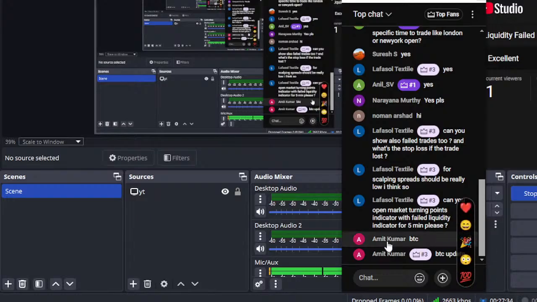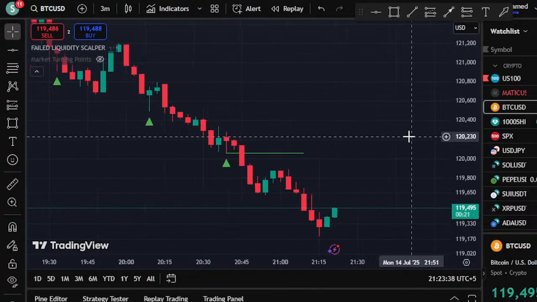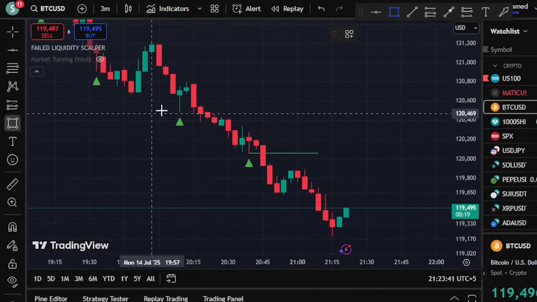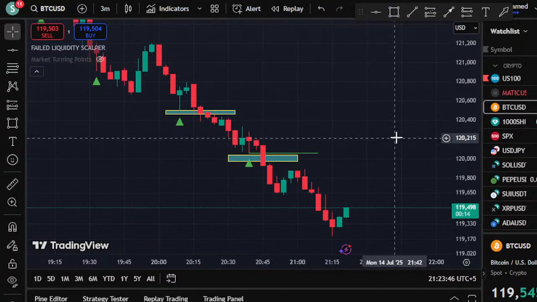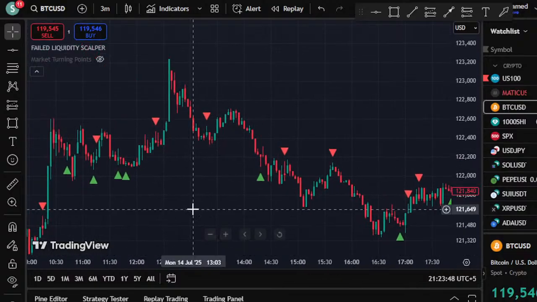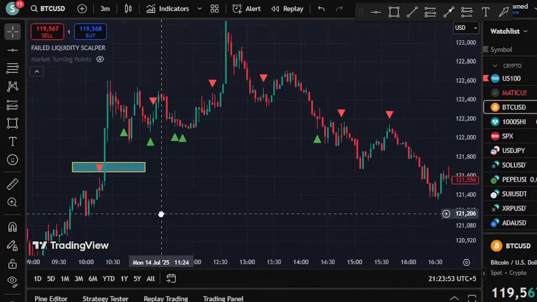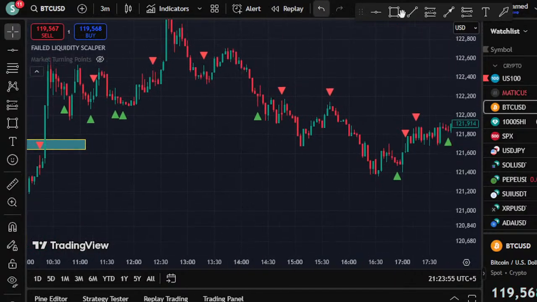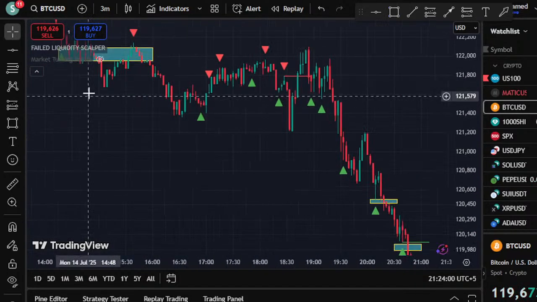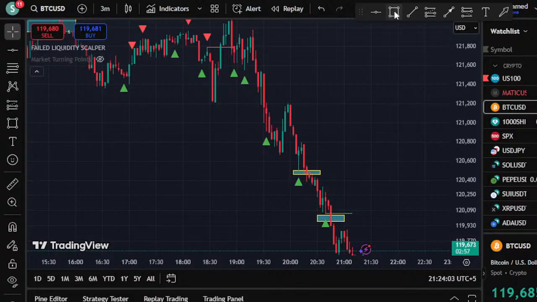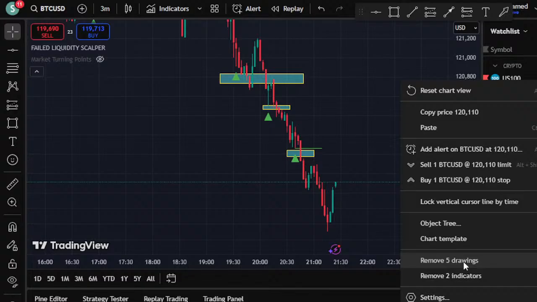Okay, Bitcoin update. I have already given that Bitcoin was dropping, and my indicator has given you the signal. This is the bearish signal. This is another bearish signal on 3 minute, and when it was going high, then my indicator also plotted that. If you go here, you can see it was the buy signal for you, and when it started to go down, then my indicator also told you that this is the sell signal, because here the liquidity failure was available. So guys, look at this. Look how the liquidity failures are working on Bitcoin, and now you can see the price is way down.